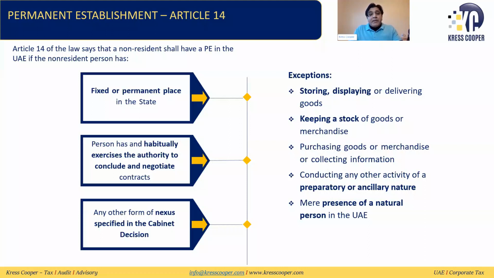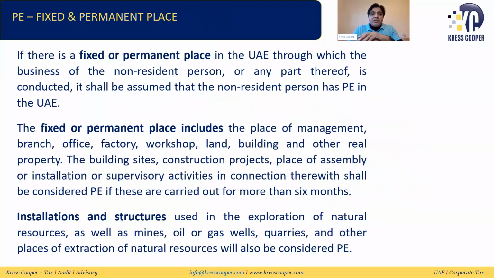But there is an exception: if auxiliary or supporting services are being provided in the UAE to a non-resident person, it will not establish a PE, which we'll discuss in detail. So let's start our discussion. The first one is basically a fixed or permanent place of business. So if there is a fixed or permanent place of business of the non-resident person in the UAE through which the non-resident person is conducting the business activity, then we will say that the non-resident person has a PE in